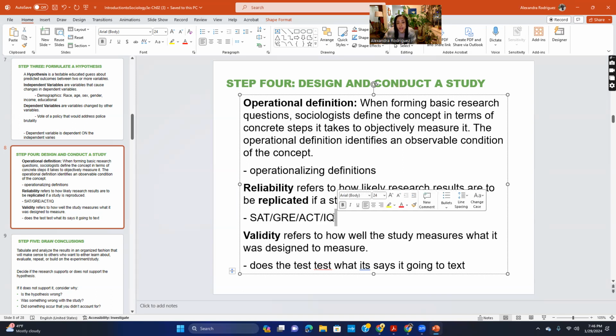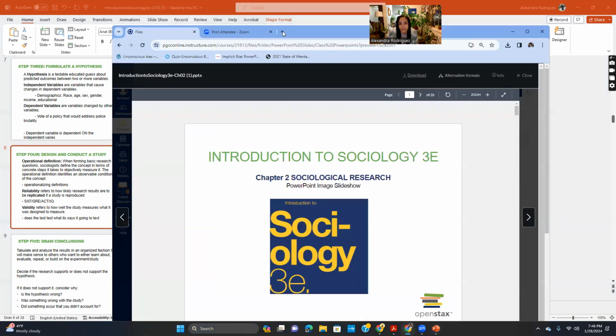But for example, the IQ test is known to have very high reliability. You're going to get the same IQ every time, but the validity is very low. A lot of people for years have been arguing, does the IQ test actually measure smartness or knowledge, right? And for example,